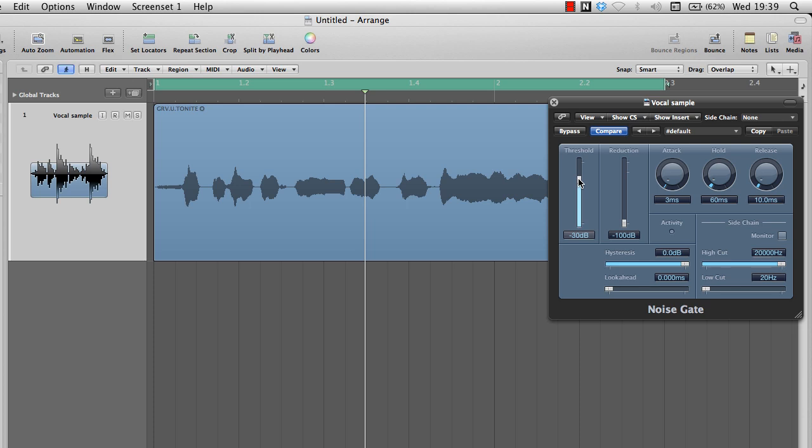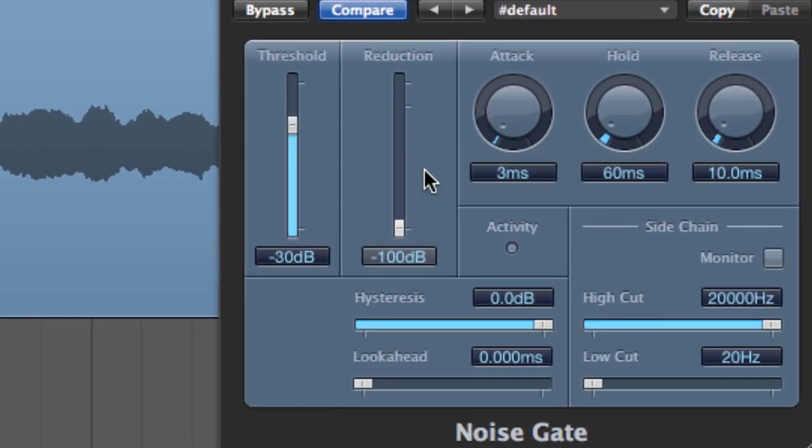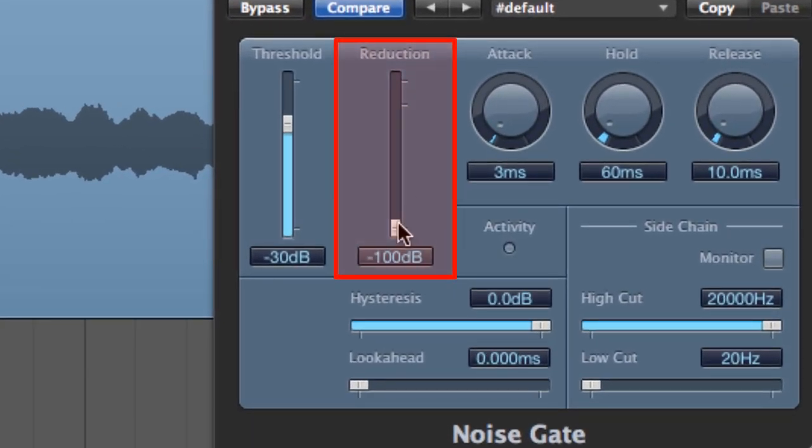I hope by now I have managed to give you a good idea of how the threshold slider works. So let's go and have a look at some of the other parameters. The reduction slider lets you choose how much reduction you want to apply to the audio that isn't louder than the threshold. In our example, we could say that the reduction slider is our bouncer, and when he is all the way down at -100 dB, he is not letting any little bugger in, even if their life depends on